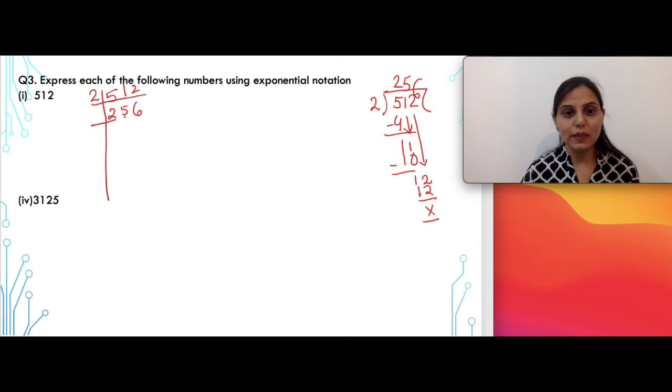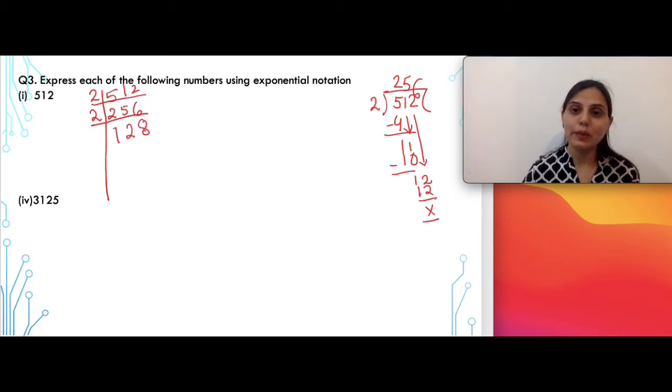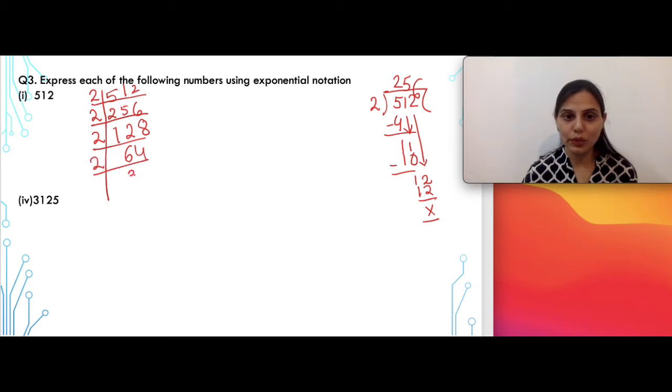Similarly, in the next step, when you divide 256 by 2, you will get an answer. Again, you need to follow all the steps that are given here. 128 will be the answer. In the next step, we need to divide again by 2. 2 64s are 128. Again, this can be divided by 2. 2 32s are 64. And it is very important to present this while solving the question. You just cannot write the answer directly.